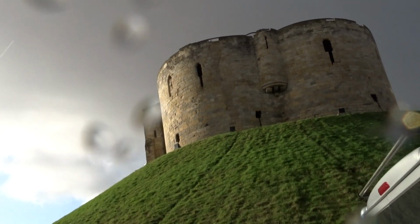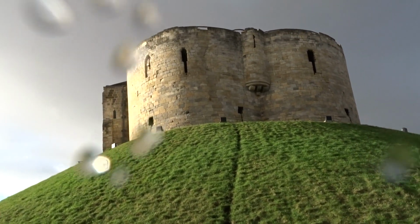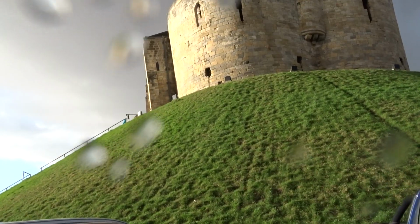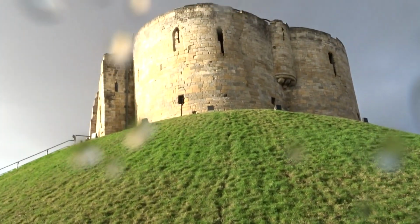As you can see, it's getting very, very wet. The clouds a couple of seconds ago were totally clear. It also had another nefarious event that took place here,